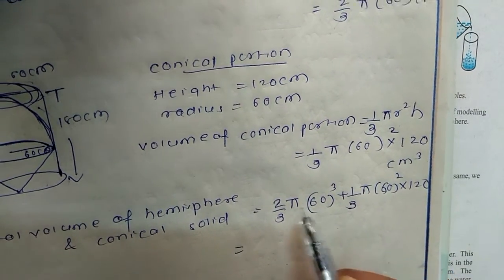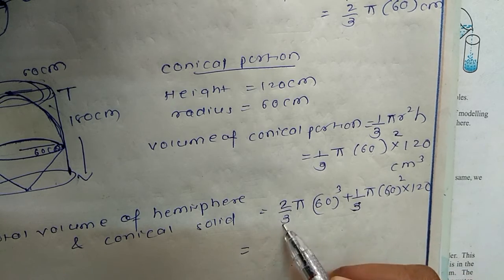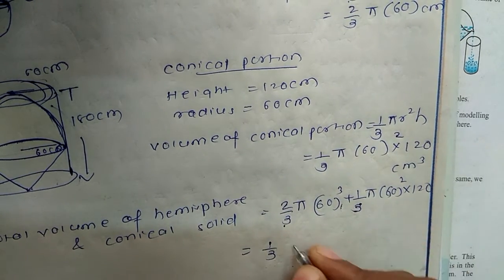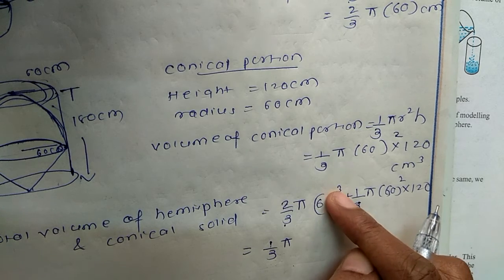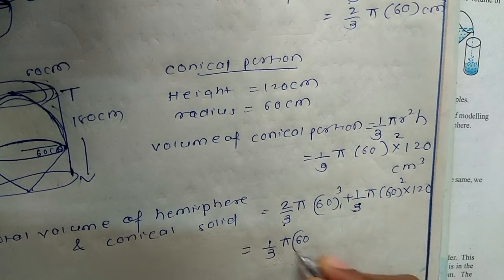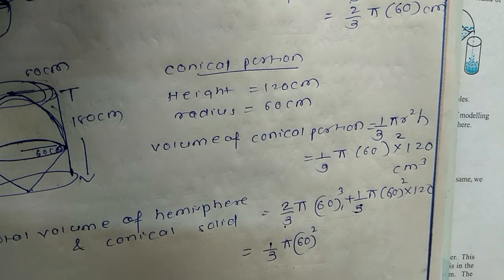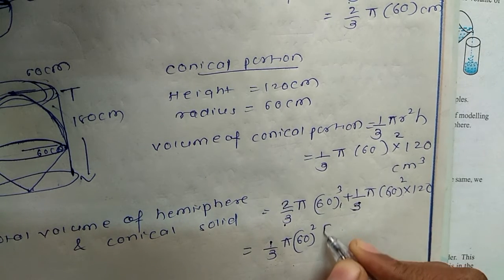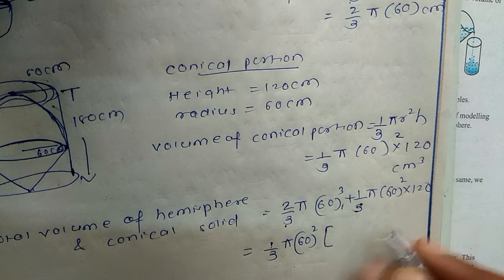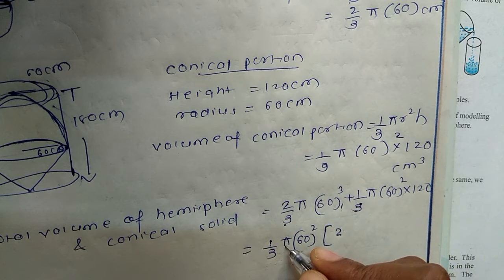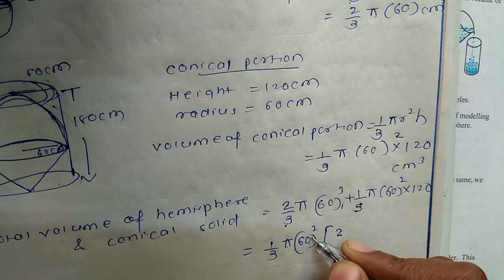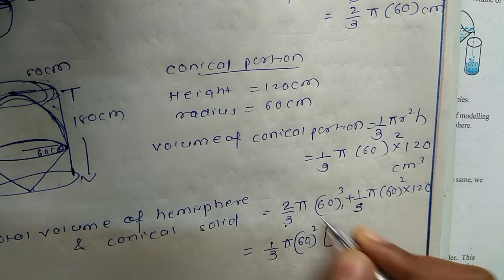So you can see here from this fractional part we can take 1/3, and from here also 1/3 common, then pi common, then 60 cube we have, and here 60 square. So at least 60 square we can take common. So when you take the common, calculation becomes very easy. So what will remain inside the bracket? So 1/3 came here, so 2 will remain, pi we got here, 60 cube, in that 60 square we got as common, so 60 will remain, that is into 60,